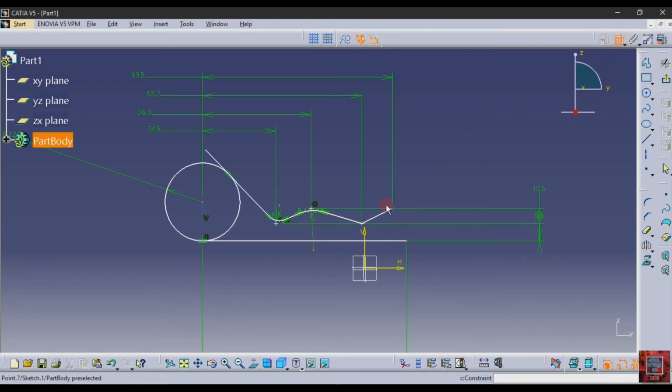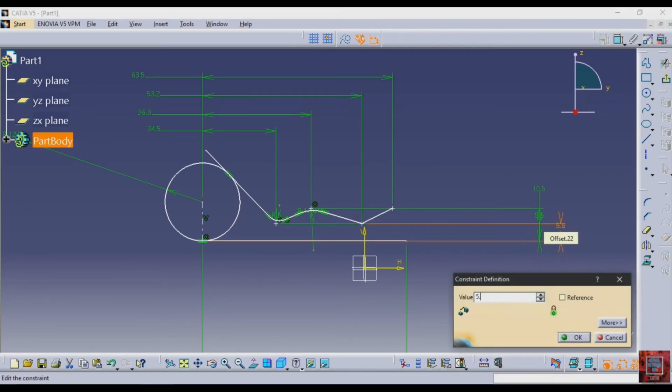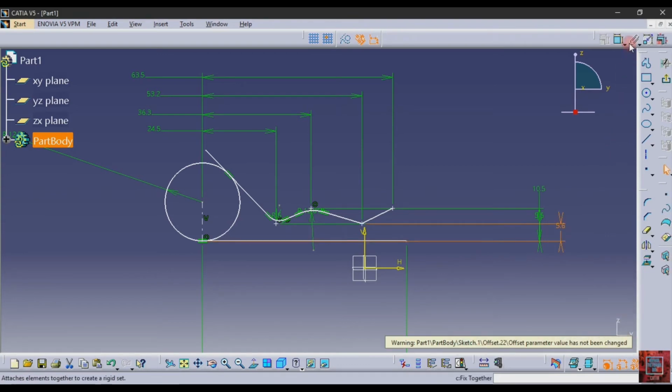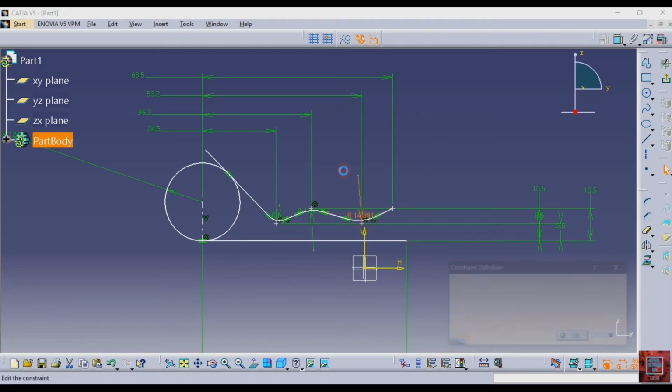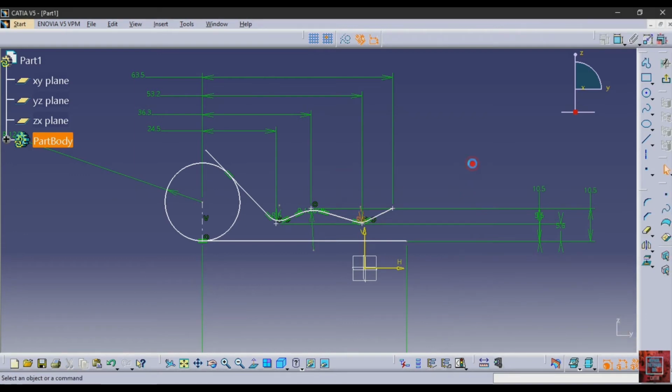we forgot to give the distance of this point to this line, so give the distance. This is 5.6, and after that from this point to this point is 10.5, and then select a fillet, make a fillet between both of these points, give the radius 5, and after that trim the extra parts,